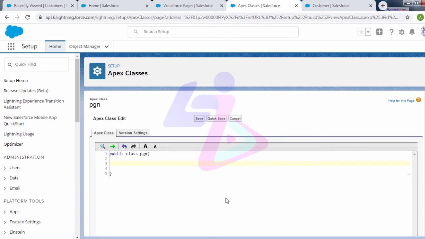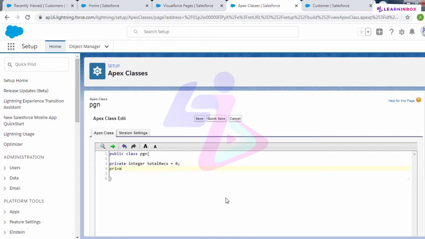First, creating an inner class, let me have a private integer here, and I'll use some variables. I'll define and initiate some of the variables here. The first variable is total records and the initial value is 0.